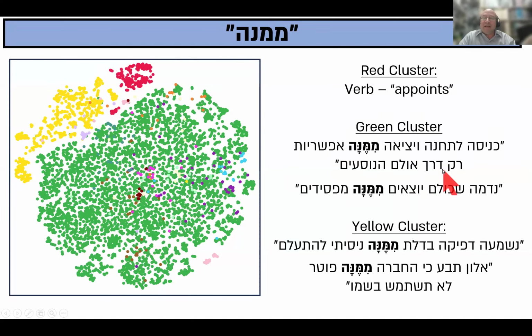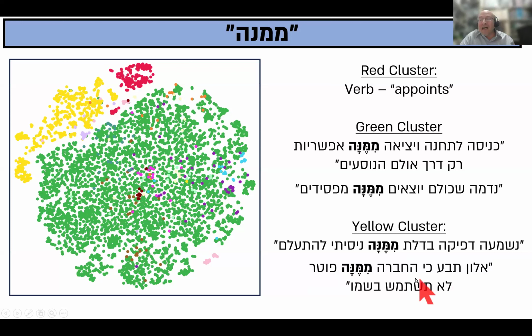The coming and going from it are possible only in this way. Or kulam yotzim mimena mafsidim, everyone comes out losing. Again, from it, everyone comes out from it. Now look at the examples from the yellow cluster. Nishmad vika badelet, mimena nisiti letalem. Right, we heard a knock from the door, at the door from which we